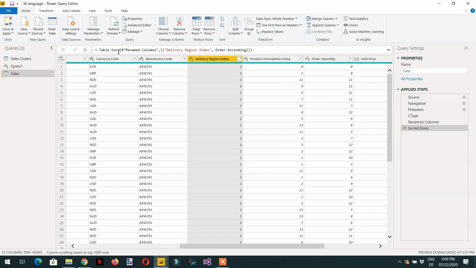This is Table.Sort, and it takes the name of the column that contains the result from the previous step, and this is the name of the column, and here Order.Ascending, right? So if we want to do, like, Order Quantity in descending, what we have to do is